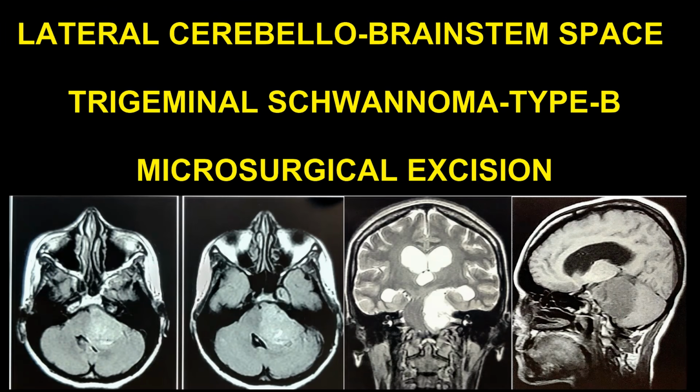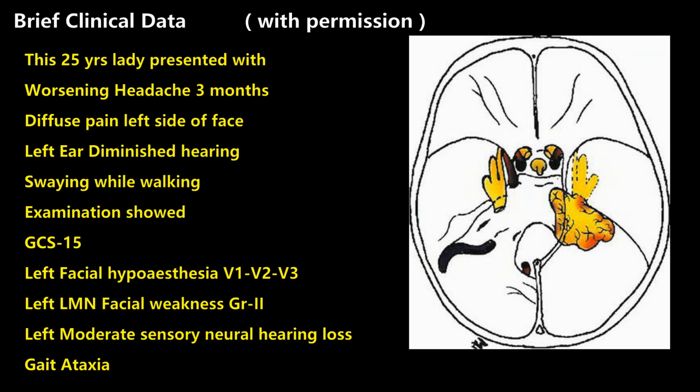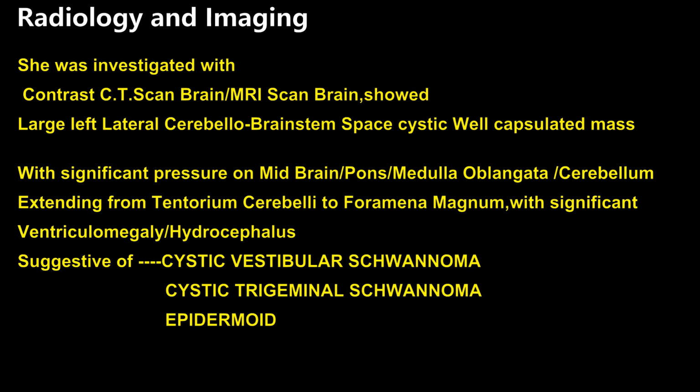Executive video of microsurgical management of large lateral cerebellobrainstem space trigeminal schwannoma type B. This 25-year-old lady presented with worsening headache, diffuse pain on the left side of the face, diminished hearing in the left ear, and swaying while walking. Examination showed Glasgow Coma Scale score 15, left facial hypesthesia, left 7th nerve paresis grade 2, left sensorineural hearing impairment